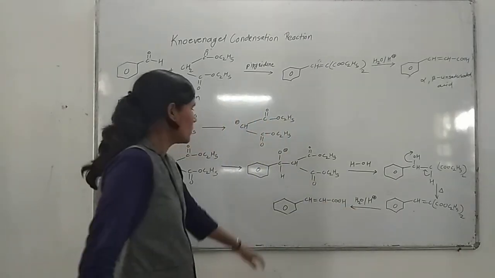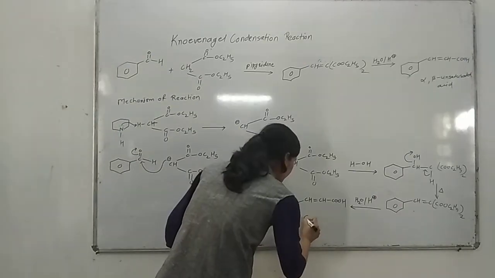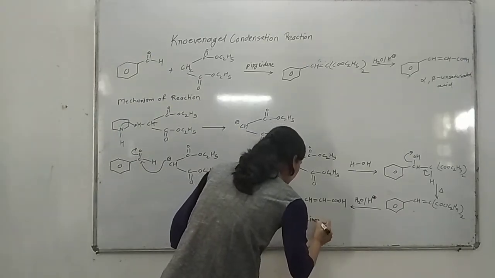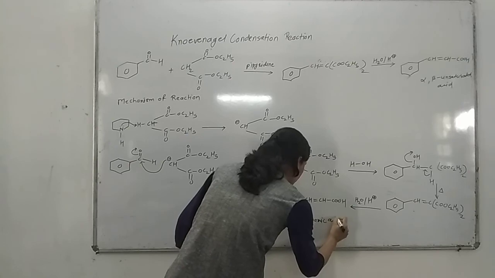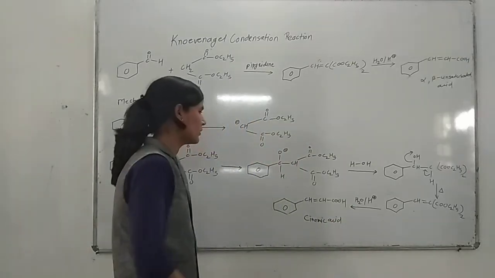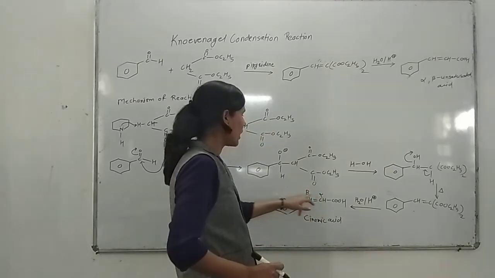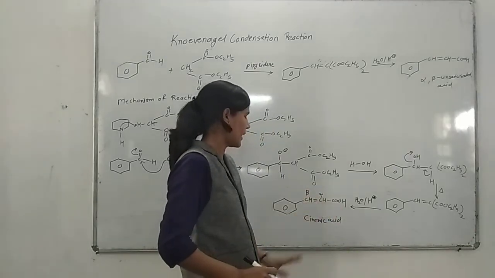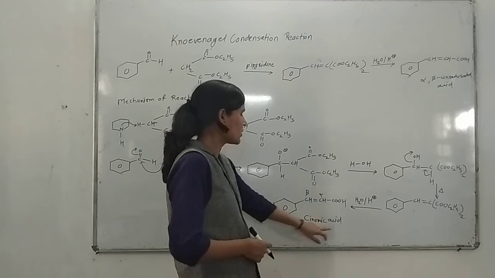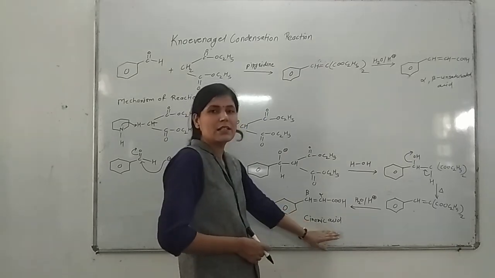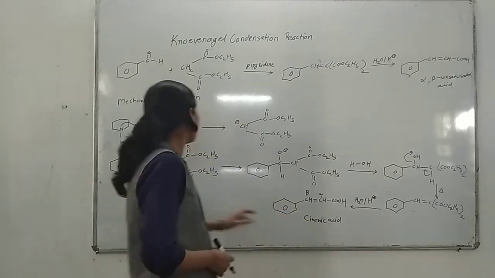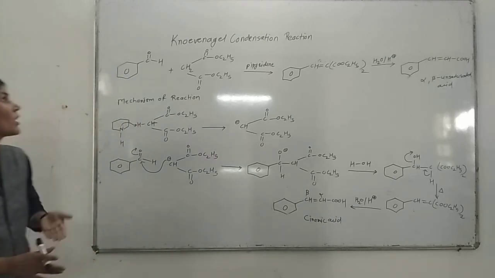So this is cinnamic acid, an alpha beta unsaturated acid. The name of this compound is cinnamic acid. Formation of cinnamic acid. Okay, so this is all about the Knoevenagel